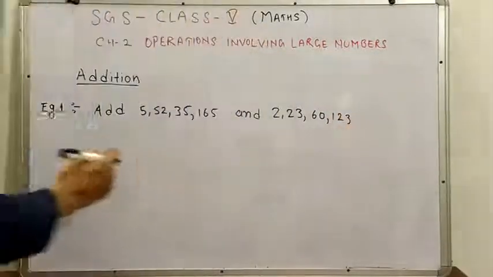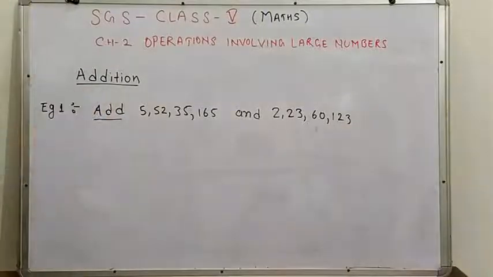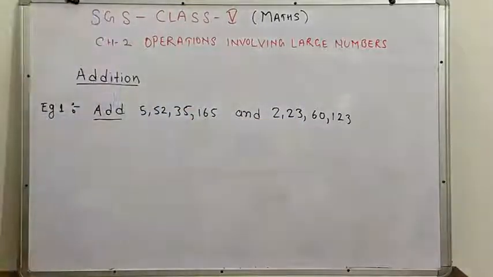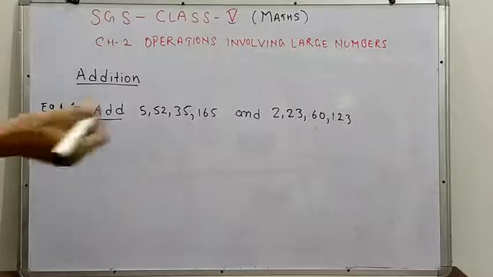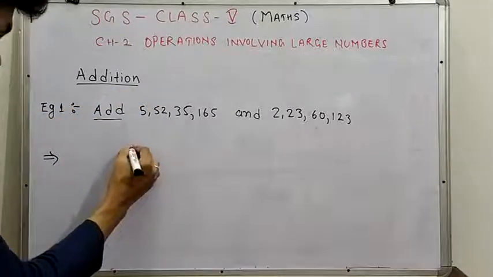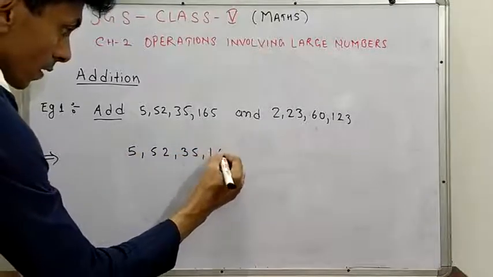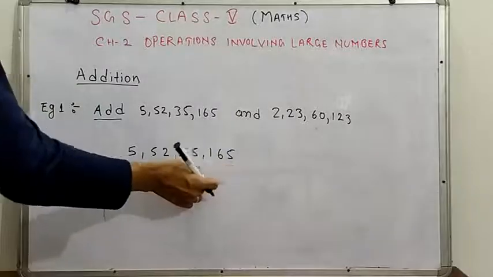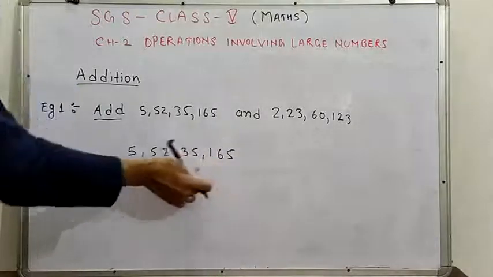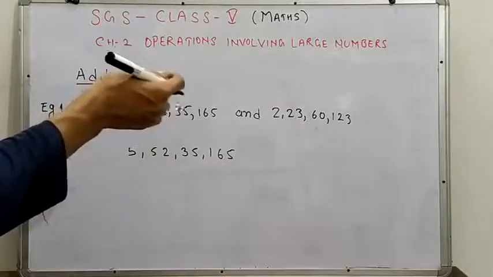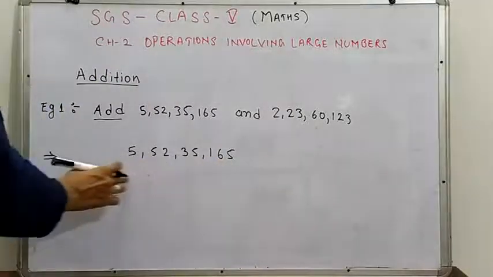If these are the numbers given and the operation tells you to add, that means you have to apply the operation of addition between these two numbers. So how are we going to do it? It's very simple. I hope every student knows how to add numbers. Okay, if some student doesn't know, then please watch very carefully. First we have to write the digits as given below according to the proper format, that is, we have to provide period symbols with reference to the place value. As you already learned in the place value chart, how we can arrange any number in proper format.